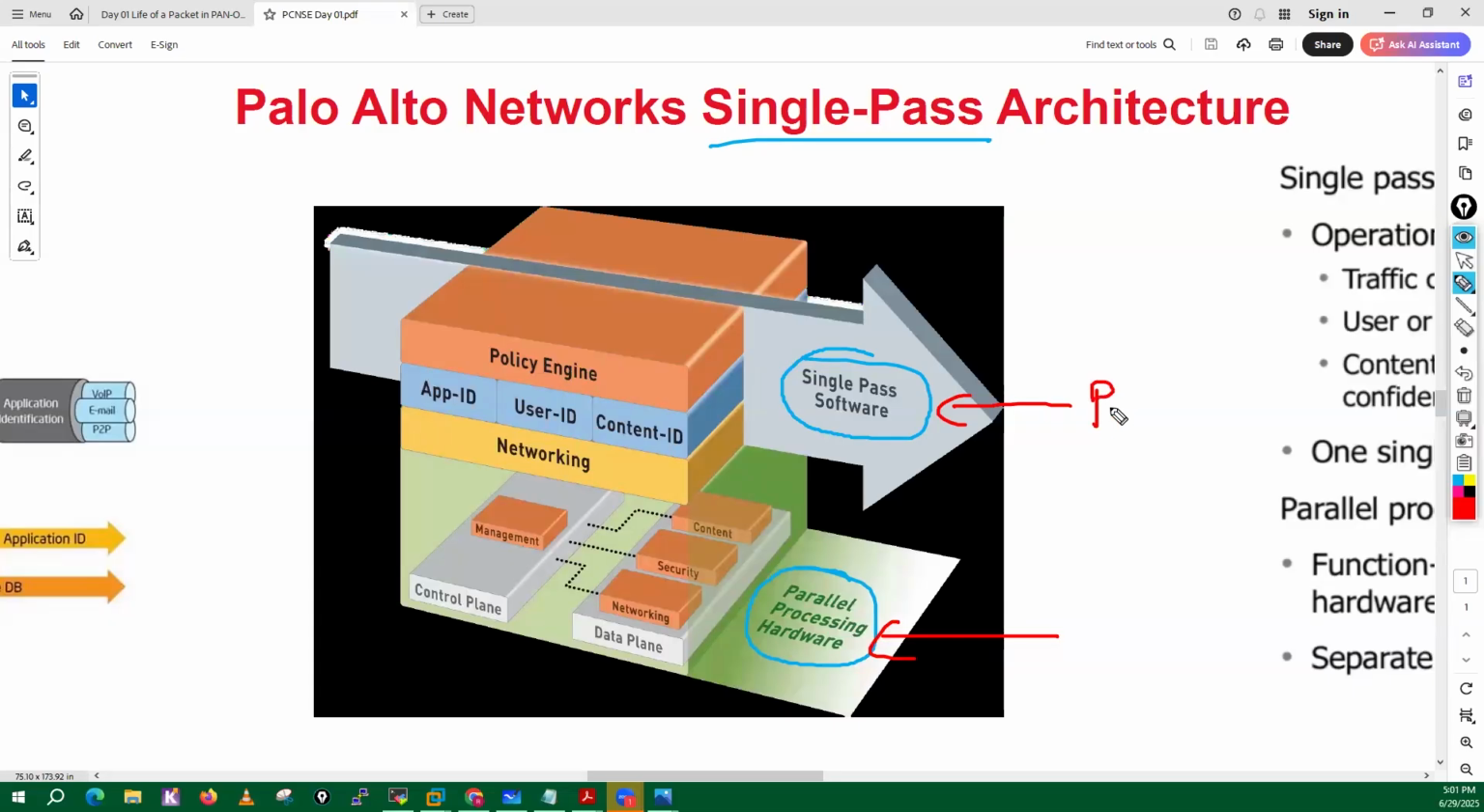What is the operating system at Palo Alto? We have PAN-OS. Means we are discussing something with regards to the operating system, or the PAN-OS. So SP3 stands for single pass software and parallel processing hardware. And we are discussing the Palo Alto hardware as well. Now,